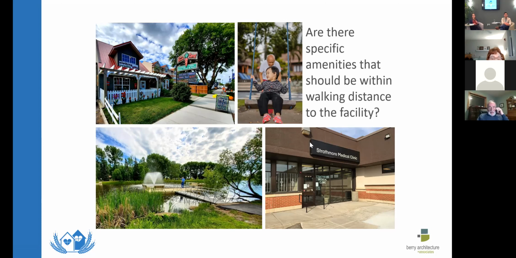Other considerations could be like, should it be closer to a trail system, should it be close to a Tim Hortons or McDonald's, where people can continue on with their morning coffee groups. So anything like that. We've got answers again coming in. Physician, drugstore, shopping centers like Walmart, just stores in general, maybe a park, medical, dental, physio,